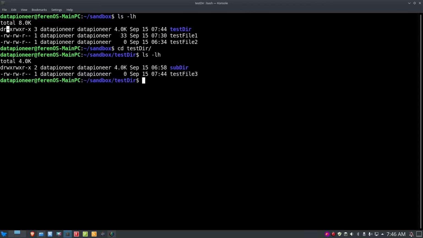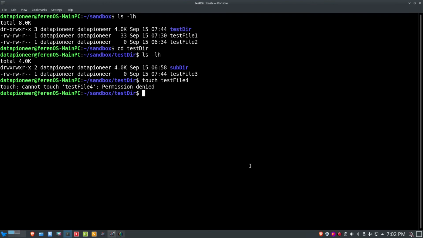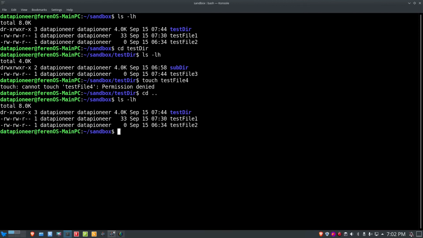I have test file 3, but let me see if I can write there by writing test file 4 into it. So if I do a touch test file 4, it says permission denied. Okay, it's permission denied because I no longer have the ability to write to testdir, because I removed that write capability permission. Okay, so if I cd back up to Sandbox and run the listing one more time,